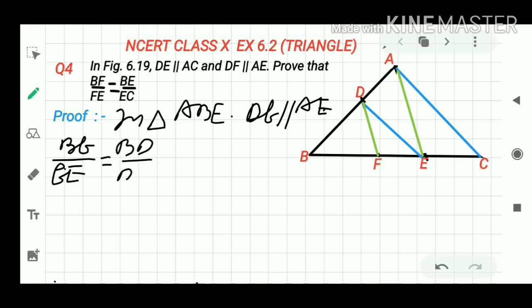Consider it as equation 1. You can write the reason by BPT, basic proportionality theorem. BF by FE equal to BD by DA by basic proportionality theorem. So, similarly, in triangle ABC,